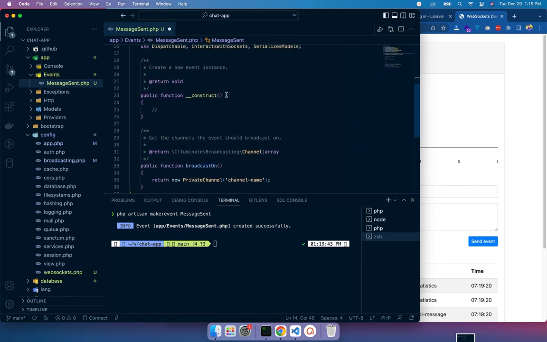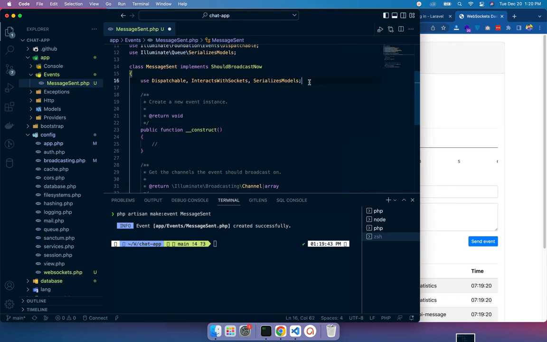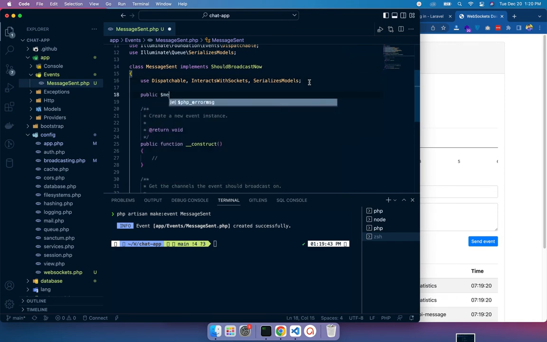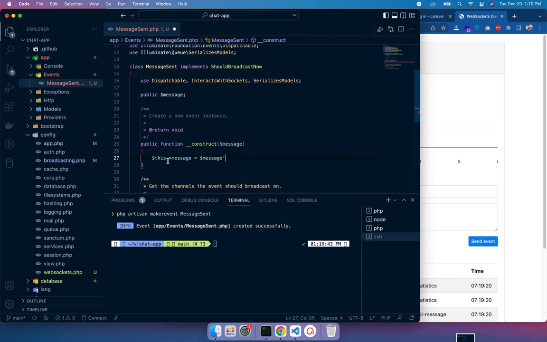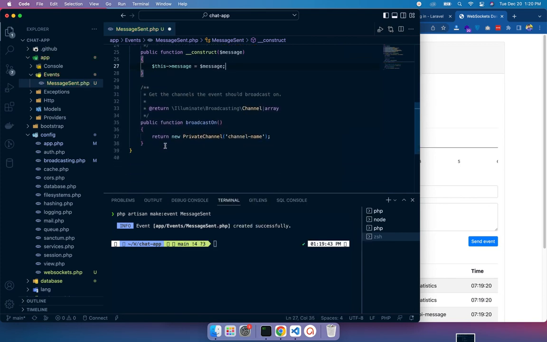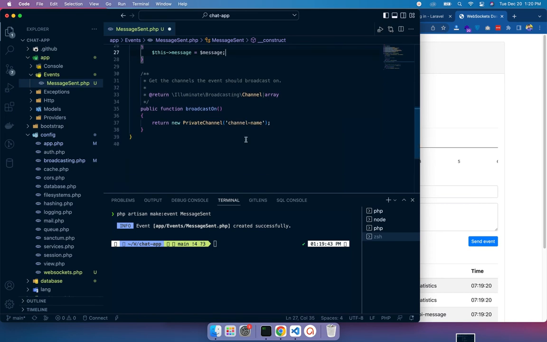And let's add a message property, public message, and also take it in the constructor, this->message equals message. So we have created an event which will carry a message, and let's rename this channel name to messenger.